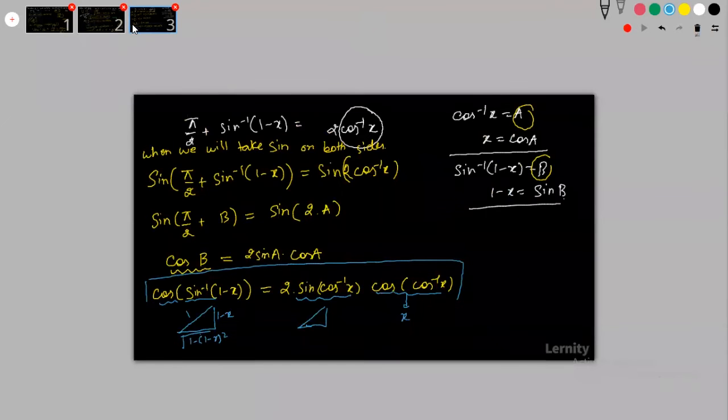If I would have taken sine, then I would have got sine a cos a. Again, this part was okay, but here I have to again make a triangle and find the answer. So this is x, this is 1, so this would be root of 1 minus x square, right? So again I would have to make the same thing. I would have got the same answer, but this is more lengthy, and the previous method is much simpler. So just remember that if you are taking sine or cos, with both you will get the same answer, but which method is shorter for us to solve? Understood, everyone? Okay, fine, just check it.